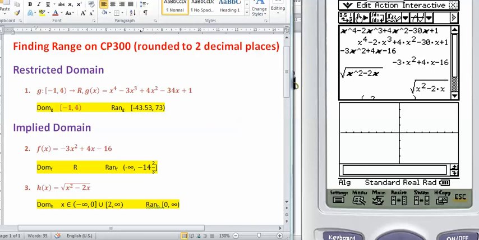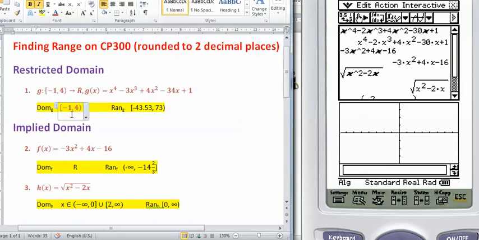This is for Year 12 Methods, and it's how to find the range using the ClassPad. I've got three different functions here. One of them has a restricted domain, the other two implied domains. The first one, g, is a quartic and has a restricted domain of negative 1 through to 4,